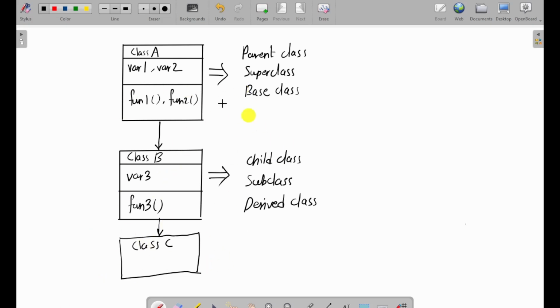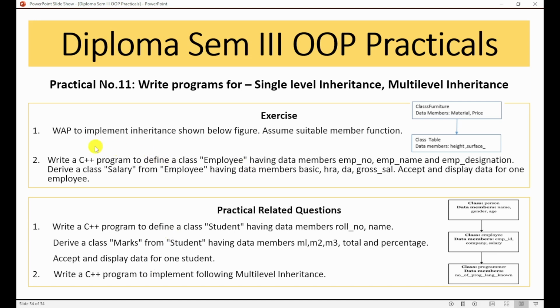So both the inheritance we have to do in this practical. So let us move to the question. The first question is, write a program to implement inheritance shown below in figure. Assume suitable member function. This is the figure which is given in the question, and inside that we have